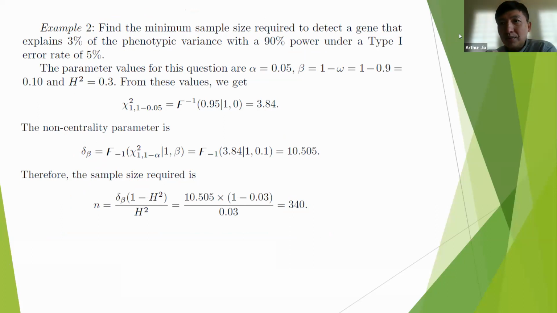I try to help you understand how we can test a single locus to see if this locus is associated with or responsible for the phenotypic variation, right? Once we understand what is going on in testing a single locus,